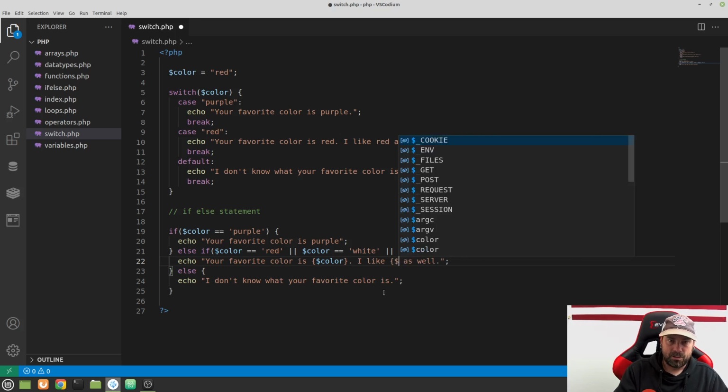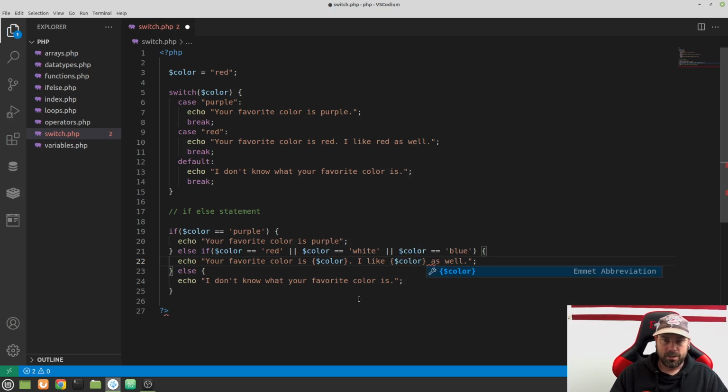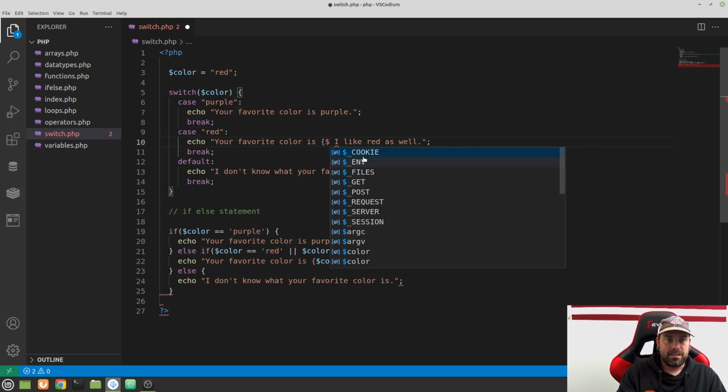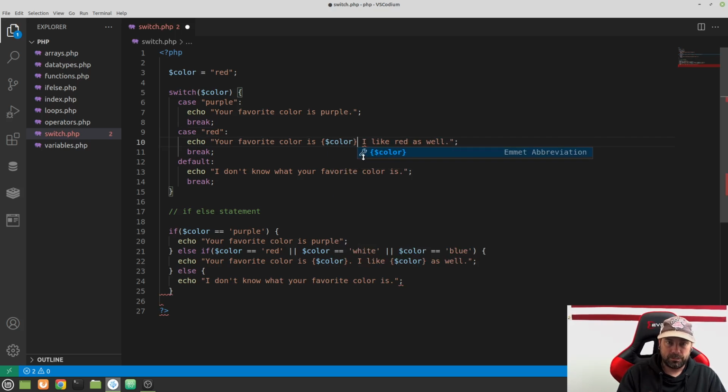And this is totally cool to do. However, you can see that you're going to end up with these really big if statements in here with a bunch of ors. But what's really cool with the switch statement is we could just change this string literal here to make this match. We could do the same exact thing here where we're saying color